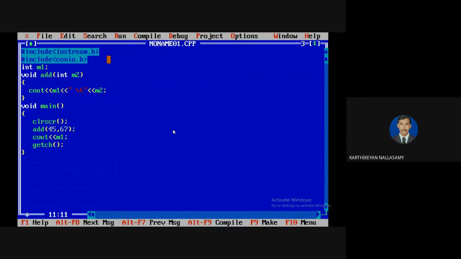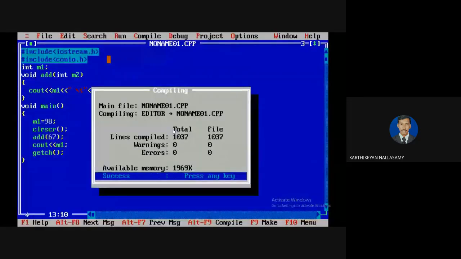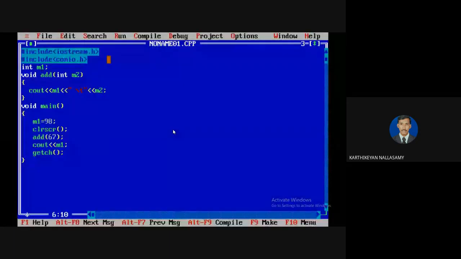For example, I'm going to define m1 here. Sorry, I'm going to assign m1 as the mark, 98. Now I'm going to compile and run my program. No error. So I can use it.